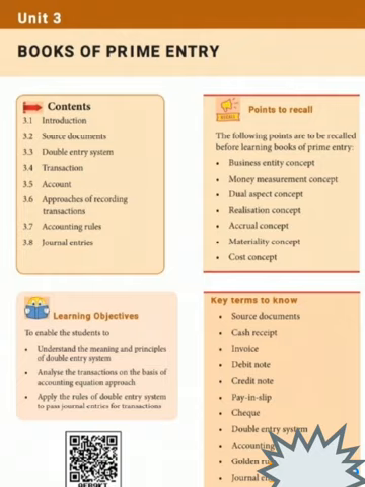These two aspects involve a minimum of two accounts. One is debit, another one is credit. For every debit there is a corresponding and equivalent credit. Whatever the debit is, there is an equal credit.